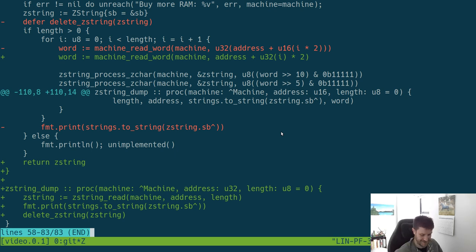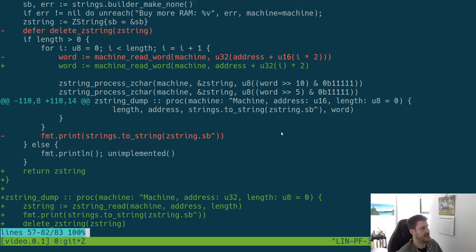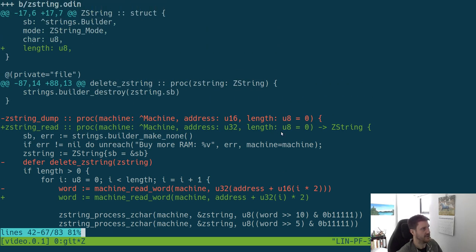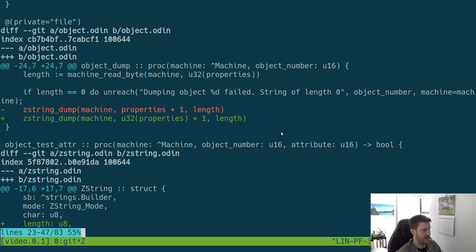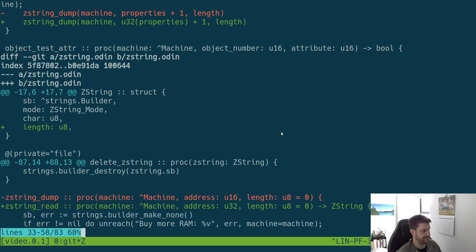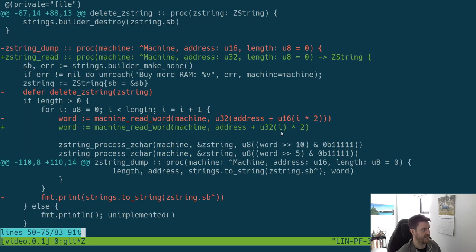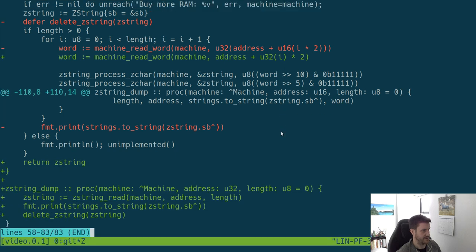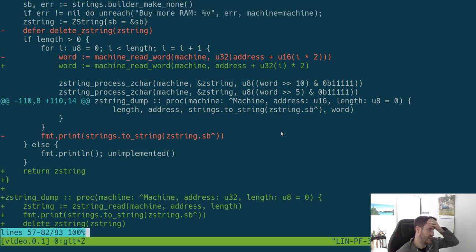That seems like it should be doing the right thing. I wonder if maybe you should be returning a pointer. Nah, because